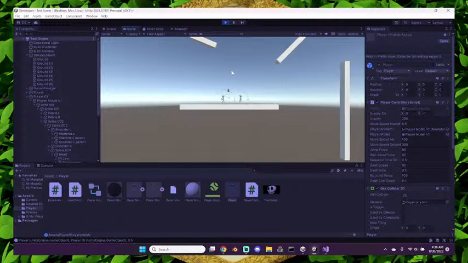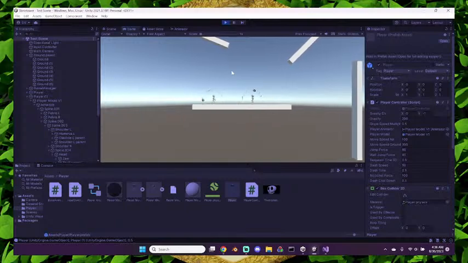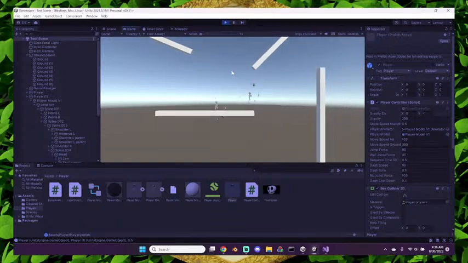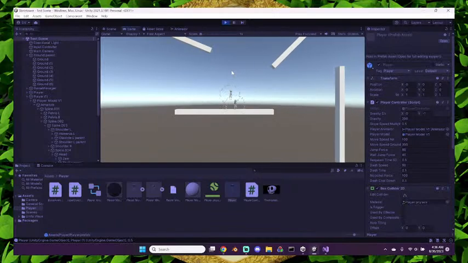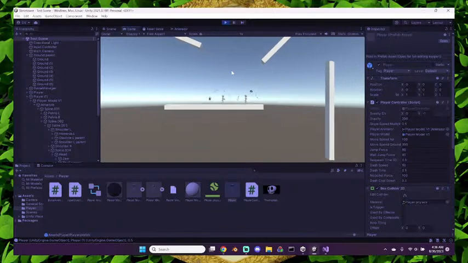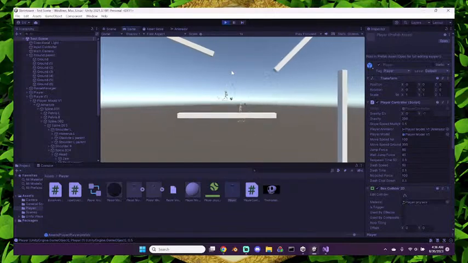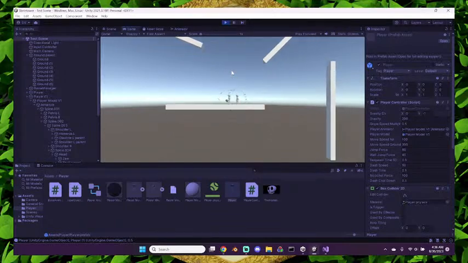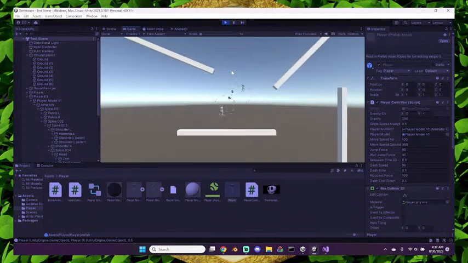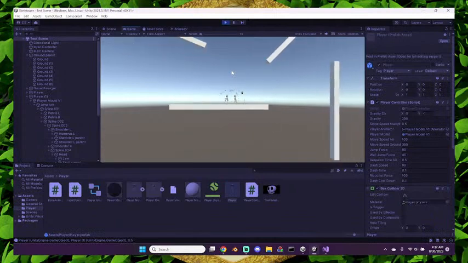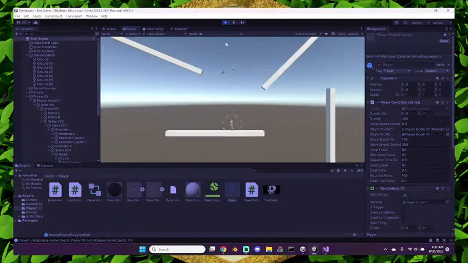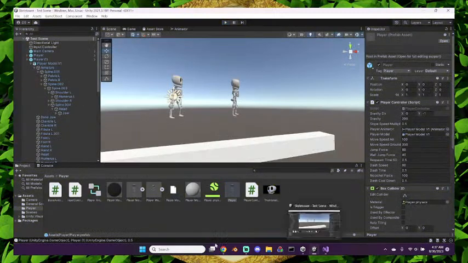Looks kind of cool though, but that's because the bones are moving, because they're child of the other skeleton. Weird. Anyway, with that, I think I'll